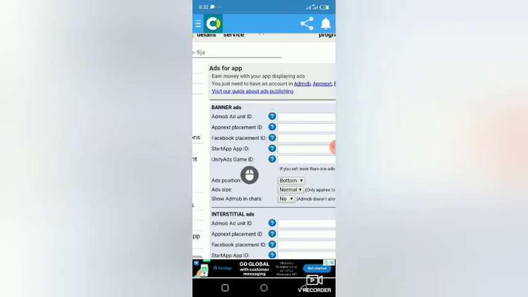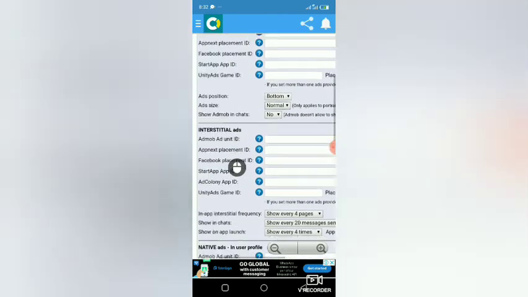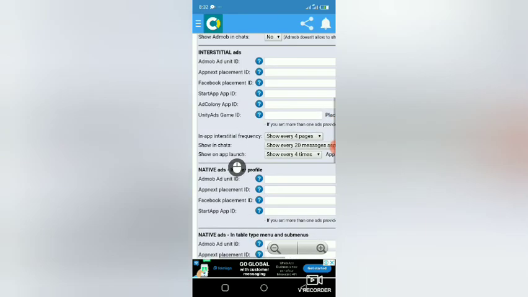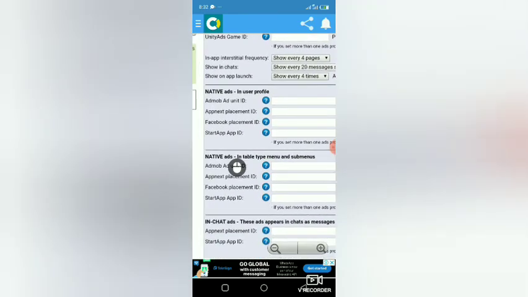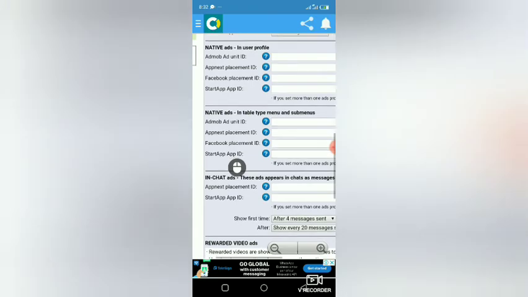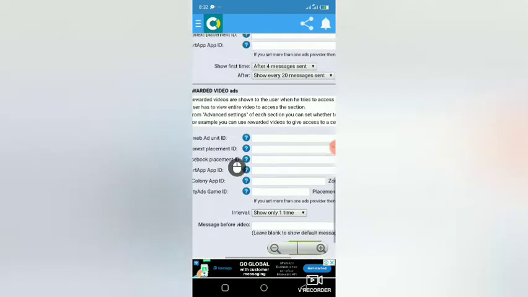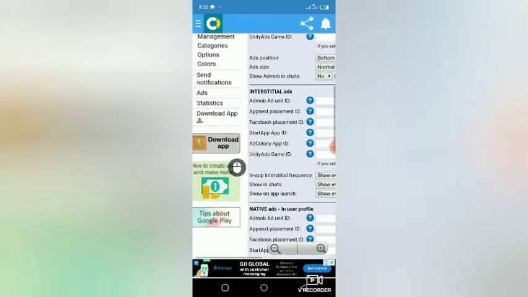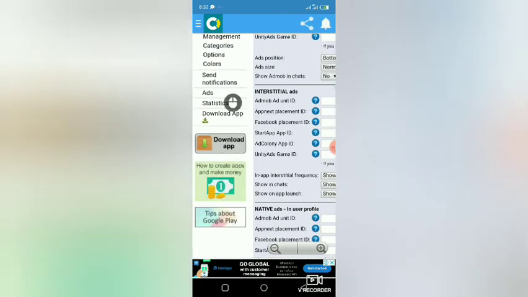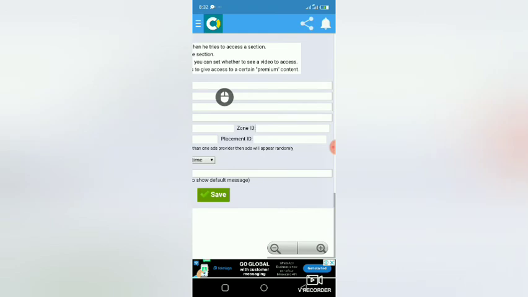Look at the first one, you see we have the ad banner. We have different types of ads, which I'm going to introduce to you. We have an interstitial ad, a native ad, and an in-chat ad. Those are the different types of ads you can place on your app to make money. In our next class, once you have finished creating your app, I'm going to teach you how to place ads on your app. So this is where it is, and all you need to create ads on your app. After you are done, just click on save, and that will save your changes for you.